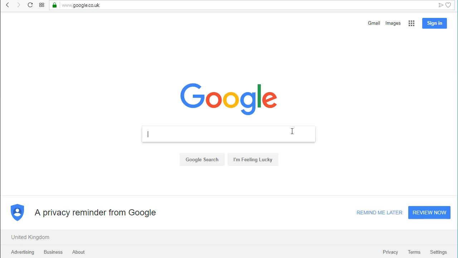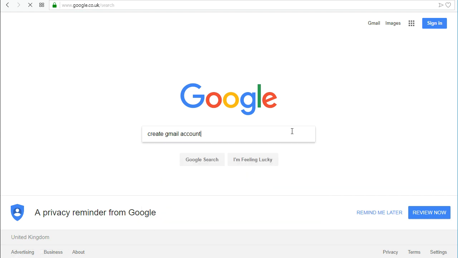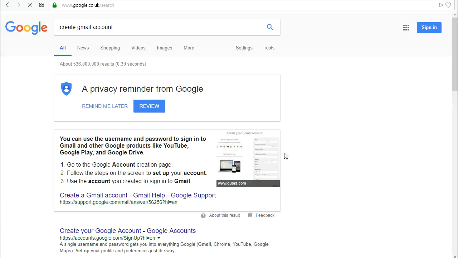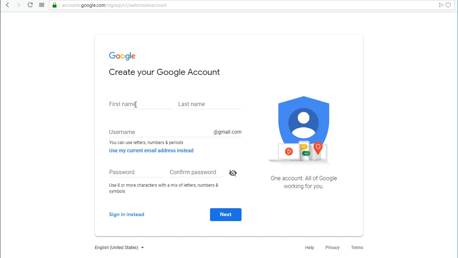And let me search for create a Gmail account. And here we are. So let's sign up for a new Gmail account, and we just want something. The plan isn't that this is used regularly, but it does need to be used a little bit. So let's hope that we can find something suitable. So let's suppose this is Christchurch,